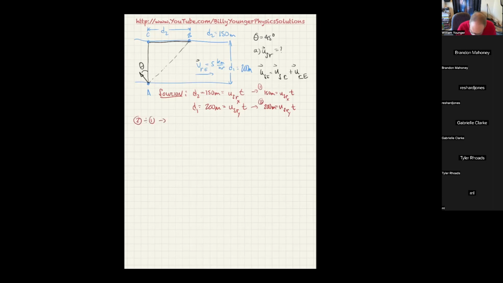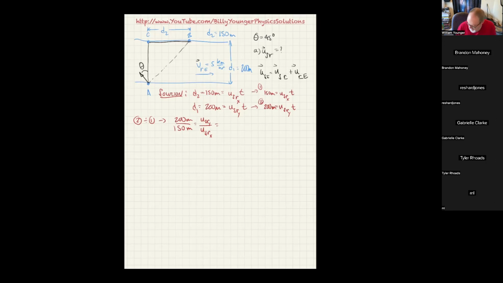And when I do that, I get 200 meters over 150 meters is equal to USR Y over USR X, which in this case turns out to be the tangent of the angle of the velocity of the swimmer with respect to the river, because the Y component over the X component is that. Now that's the velocity relative to the river,